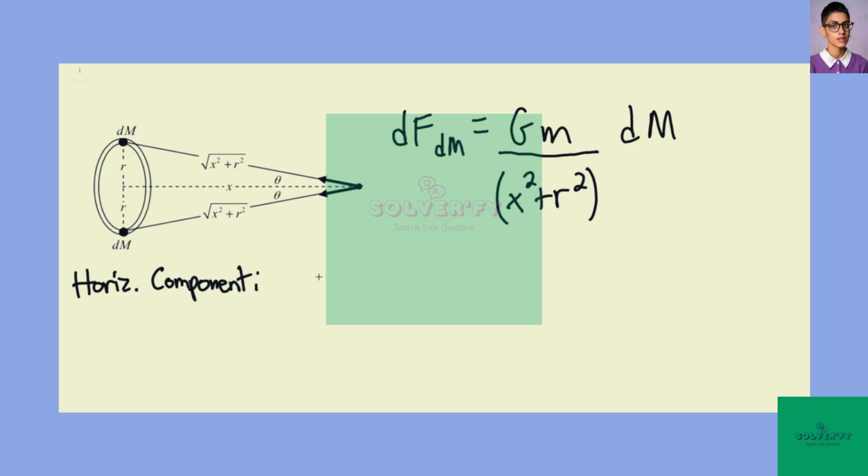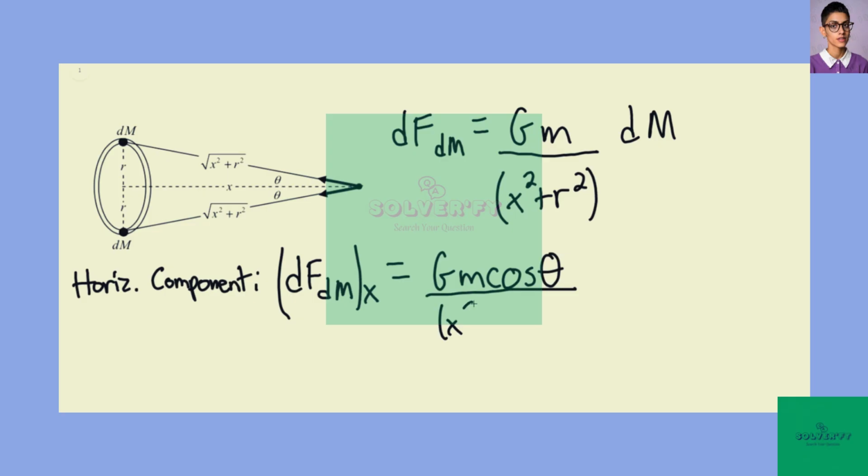and say that dF sub x over dm would be equal to GM cosine of theta divided by, again, x squared plus r squared times a change in mass, dm. At this point, we can say that